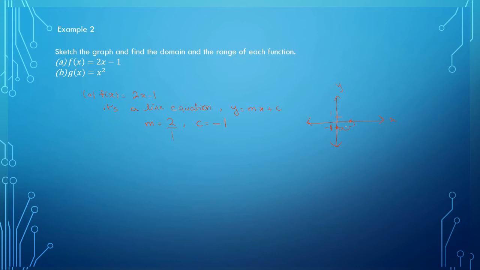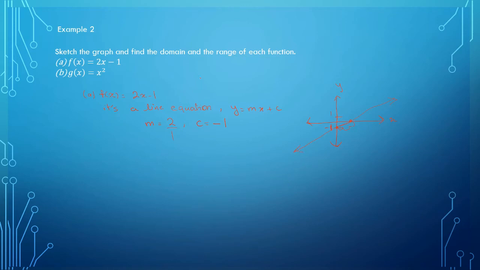Okay, and then this point is on the line. So this point and this point are on the line, so we can just draw the line now like this. Okay,